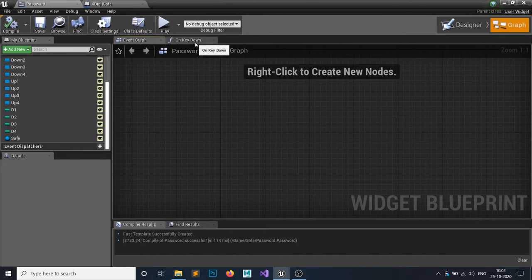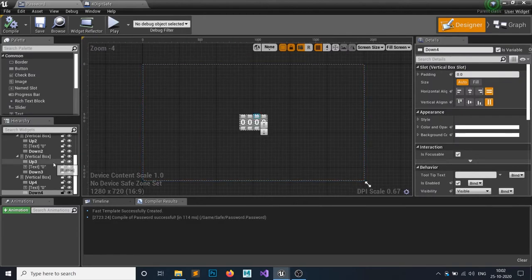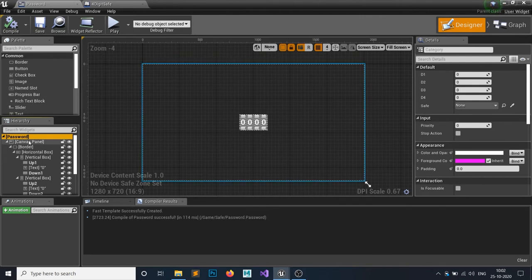Now whenever you override any event, any function, you make sure your widget is focusable, otherwise any override event won't work, your keyboard events. So click on this main hierarchy, the password one, the first, this one, and you can see interaction is focusable.